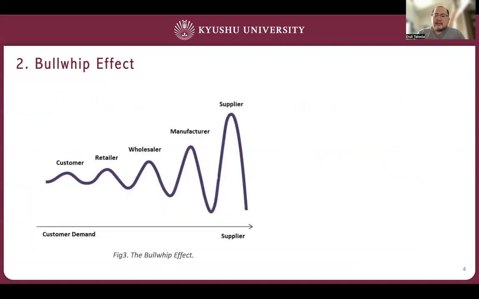When we see a simplistic image, it's usually like this. You start with the customer, who has the least demand and wants something, and then the other agents of the supply chain order more and more and more material, until the end, until the supplier, and it amplifies what was being ordered before.